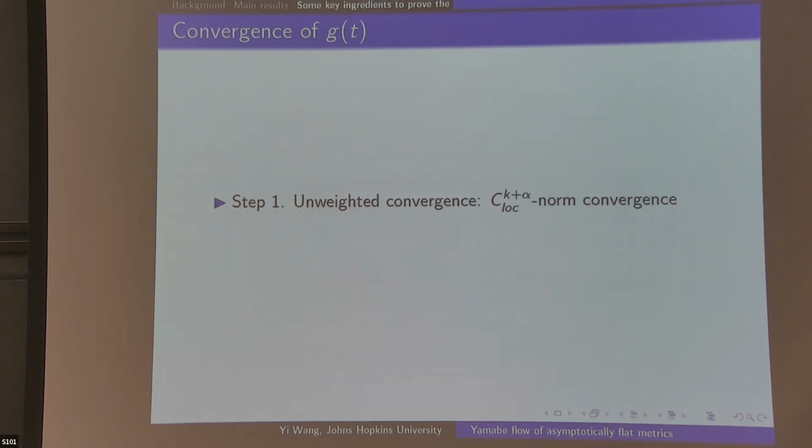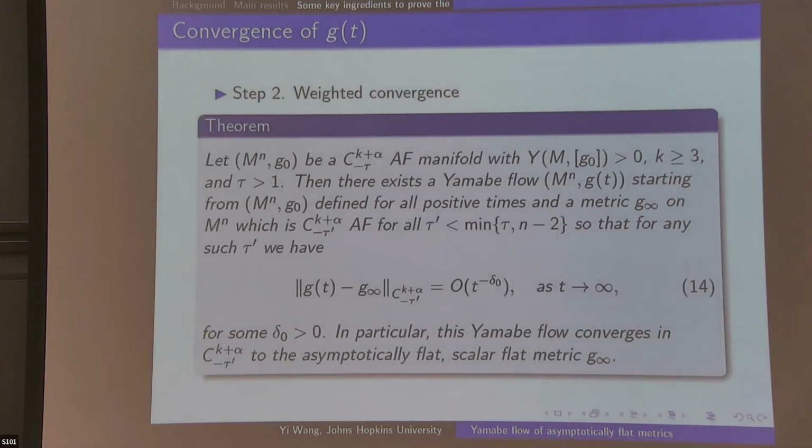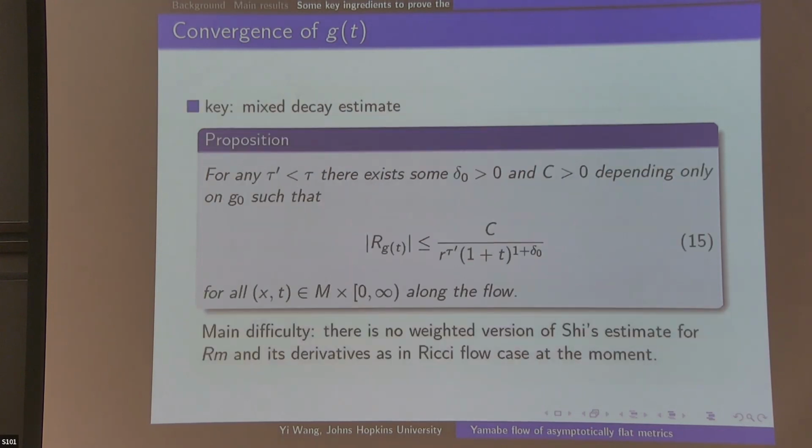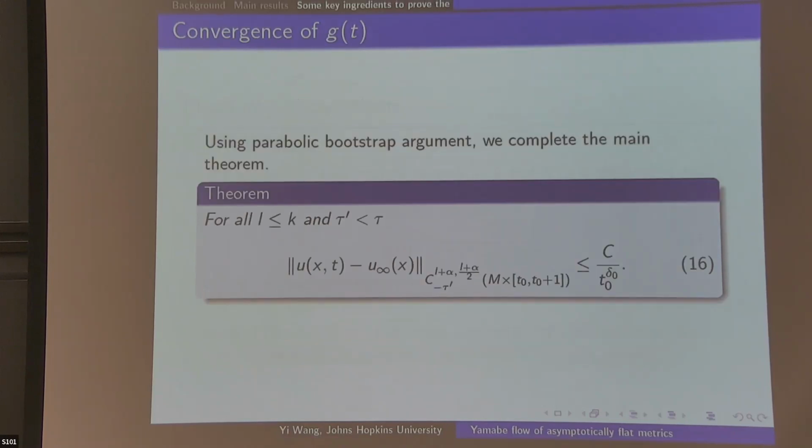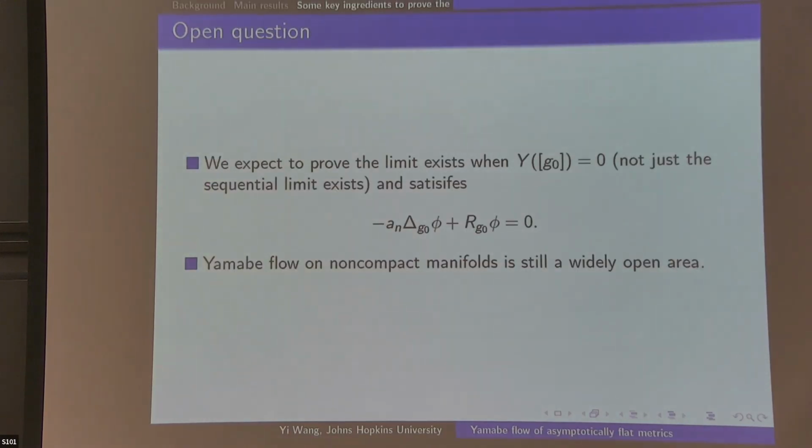After that, it's just using global weighted elliptic and parabolic methods to prove the convergence. First, we have an unweighted version, and then we prove the weighted version. But the 3 main technical ingredients were presented earlier. Okay, I will stop here as my time is up, and I will leave this slide of open questions for you, and I welcome all kinds of questions. Thank you very much.